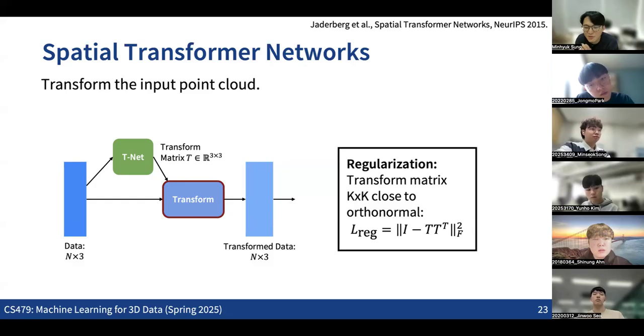Also, this is regularizing the matrix T to be an orthonormal matrix. And are only orthonormal matrices rotation matrices? Are there any cases where orthonormal matrices become non-rotation matrices? If you took a computer graphics course before,